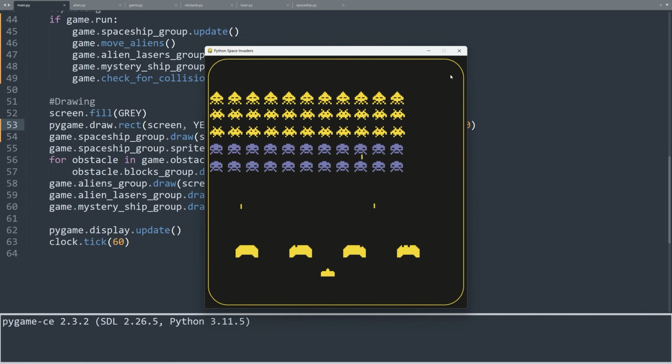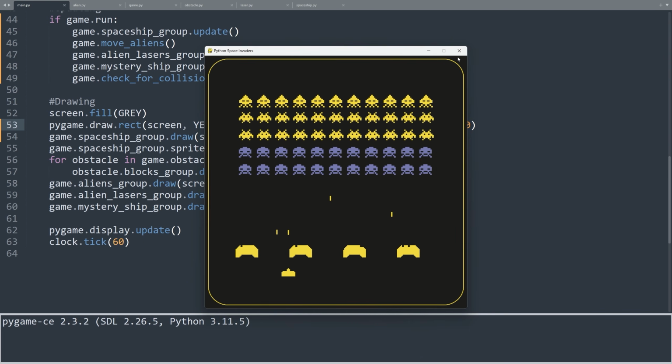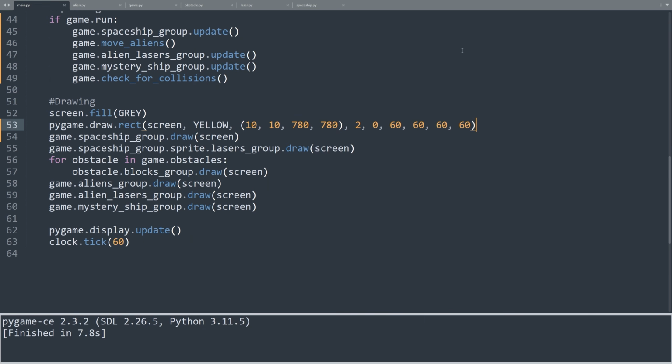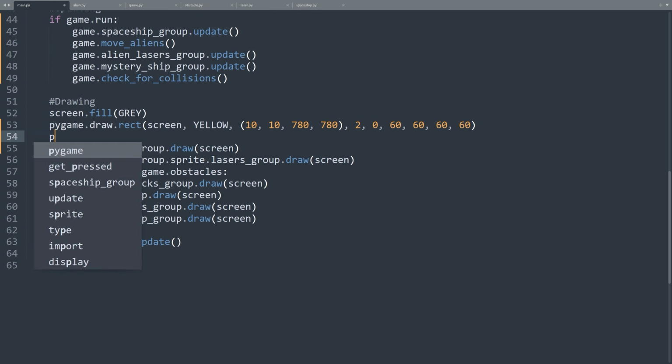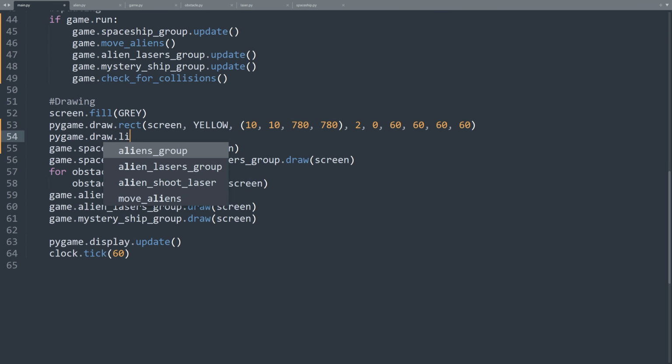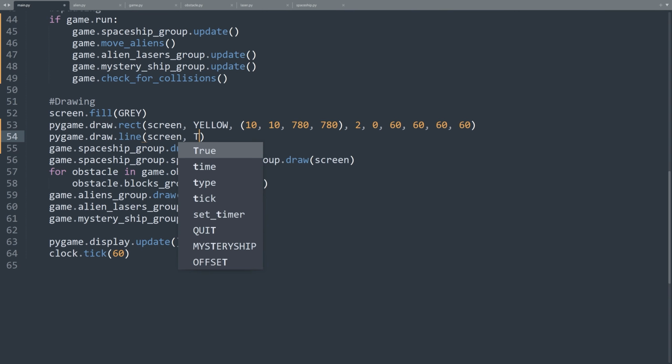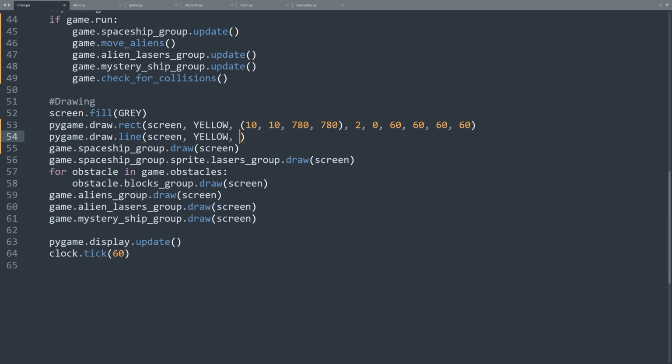Let's also add a line at the bottom of the screen to act as a border for the lives and the level message. Pygame.draw.line parentheses screen, comma, yellow, comma, parentheses 25, 730, comma, parentheses 775, 730, 3.